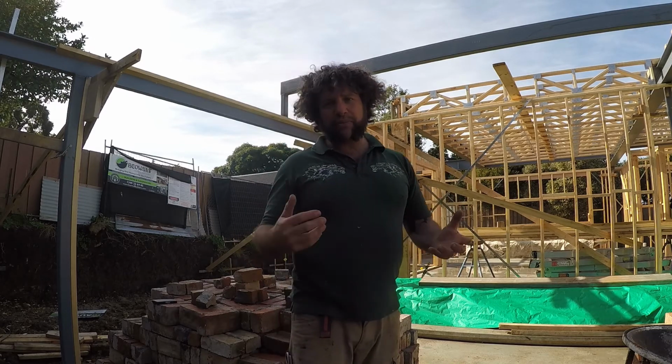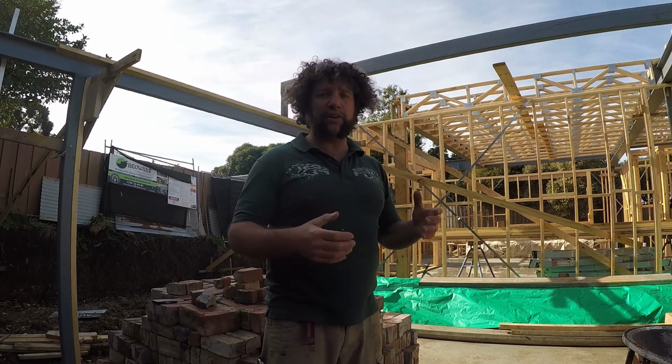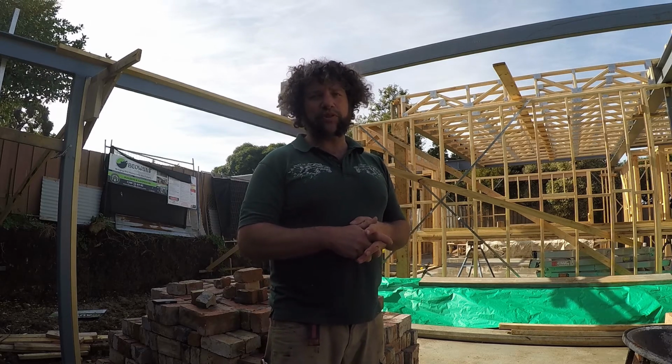Reclaiming bricks or reclaiming products is one of the best ways I know how to help the environment, reduce the overall embodied energy of doing the build, and making sure that we can have a sustainable future for our family and our